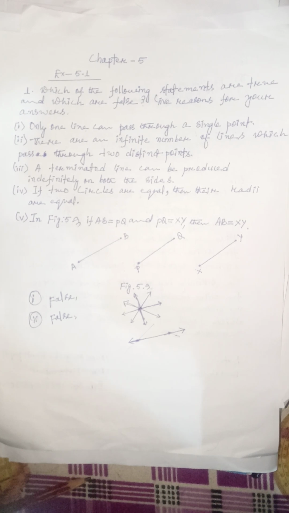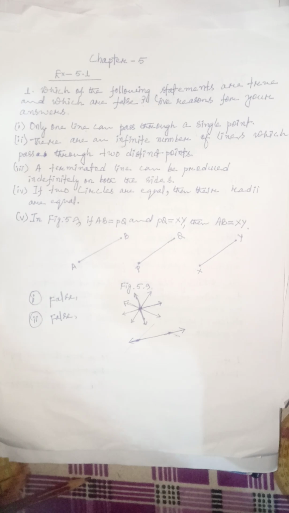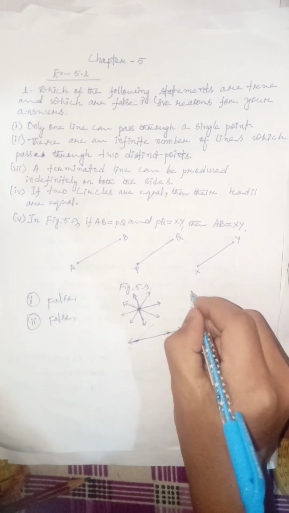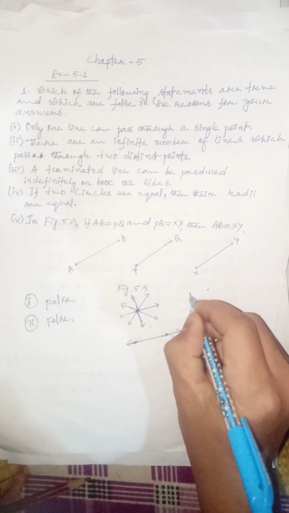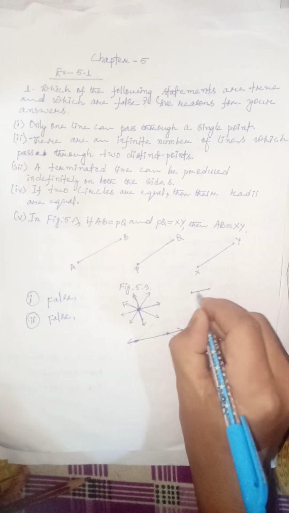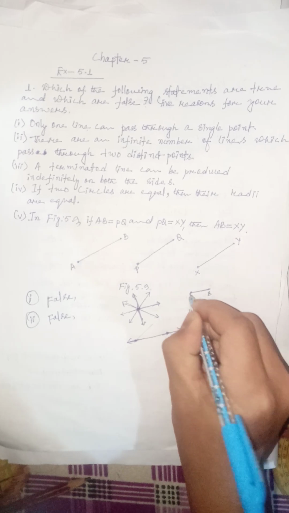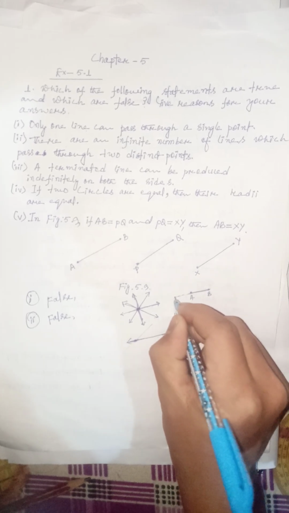In Roman number 3, we have a terminated line. A terminated line can be produced indefinitely on both sides. Actually, we already studied this in postulate number 2. According to postulate number 2, if we have a line segment, let us suppose this is a line segment, let me name it A and B. Using this line segment, we can draw